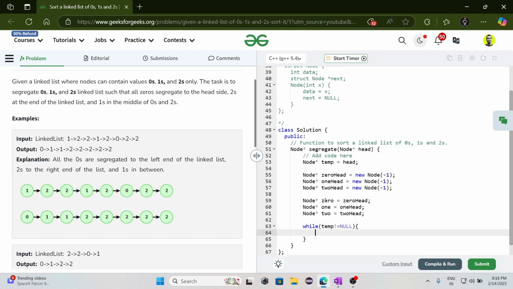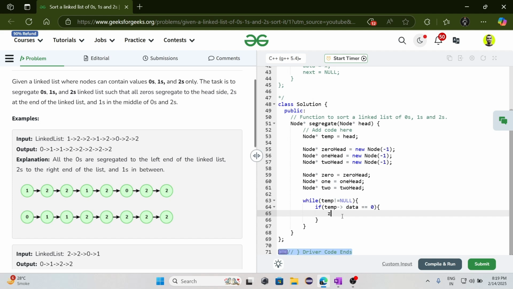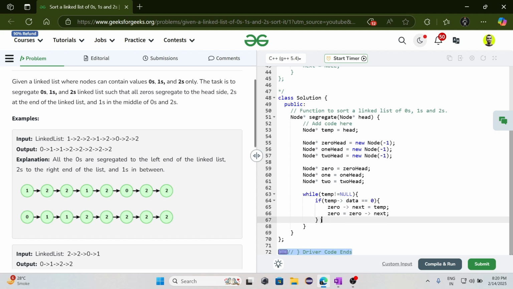Okay, now if temp of data is equal to 0, then we will add that element into the zero's next. So zero next will be temp, and we need to move to the next position. So zero equals zero's next. Okay. Similarly for